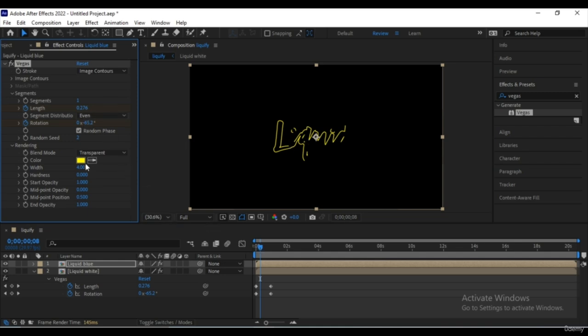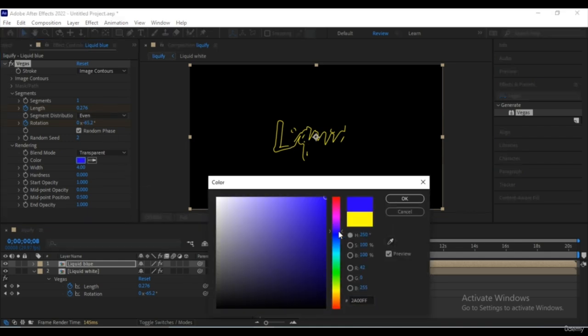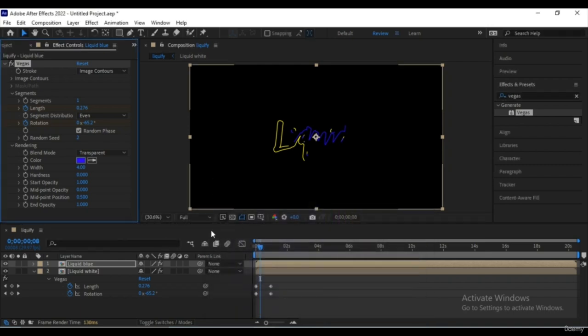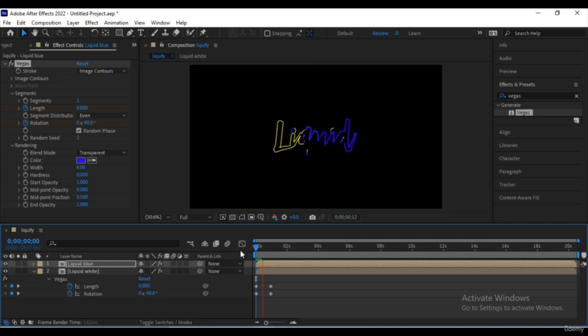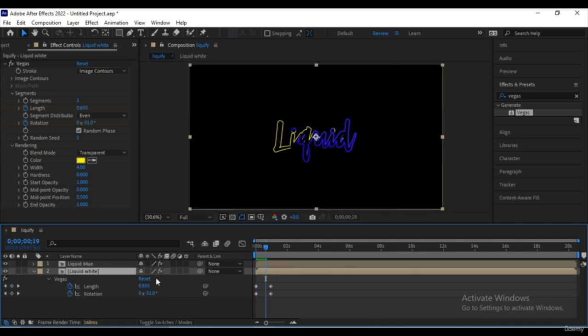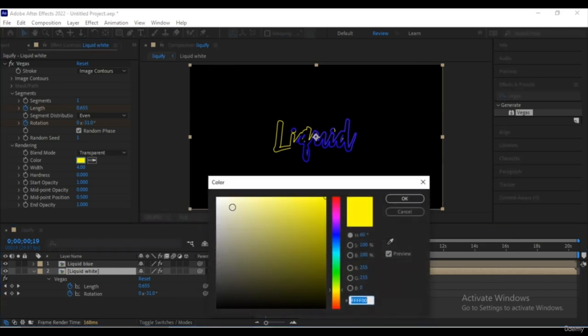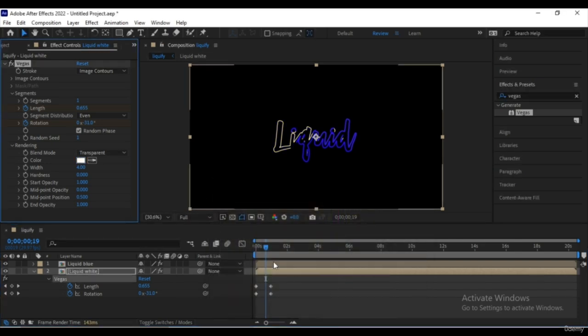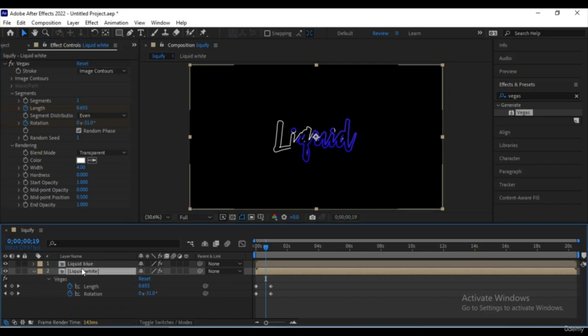Something like this, and change the color to blue like this, and change the width maybe to 6 so it would be varied and different from the liquid white. And the liquid white we should change to white as well.